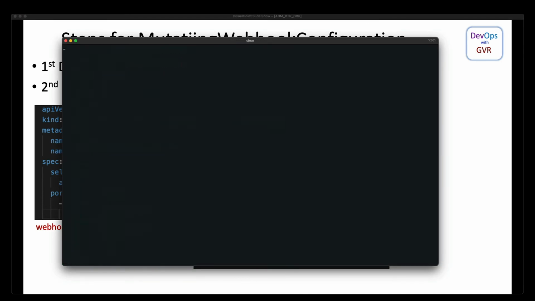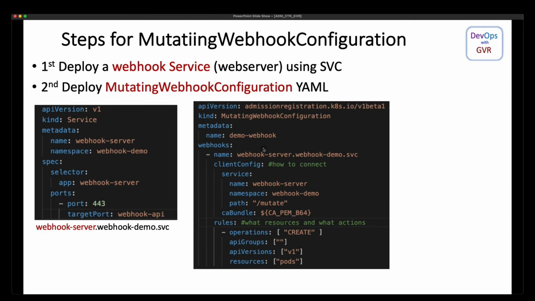Clear, then kubectl explain. Maybe I can paste mutating webhook admission control. Okay, maybe it's not there.